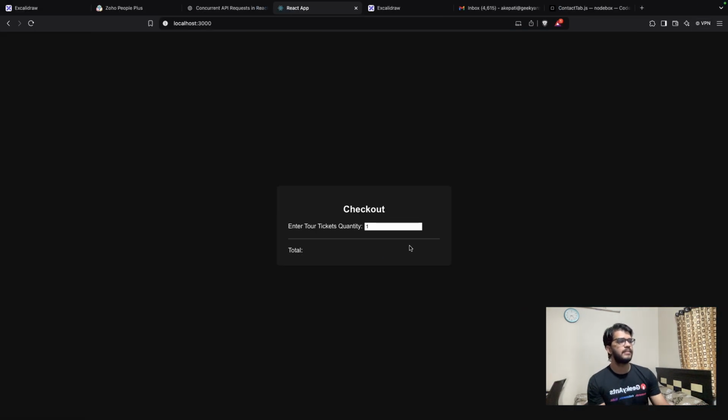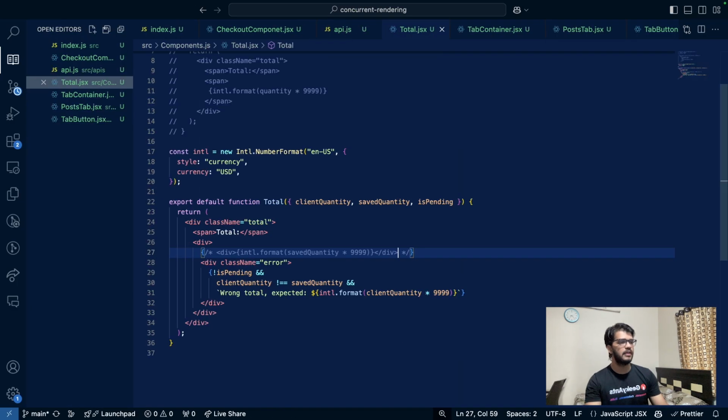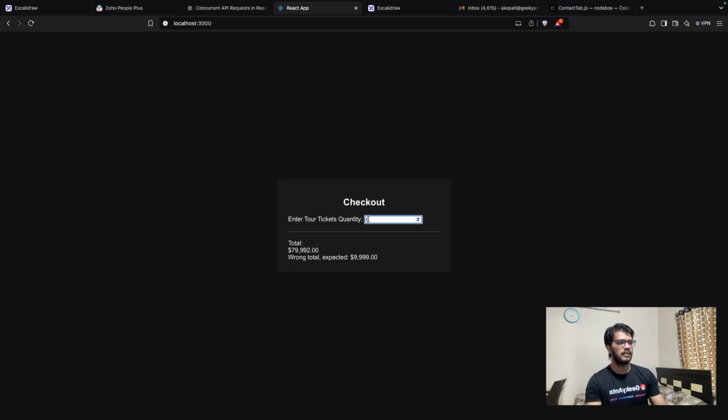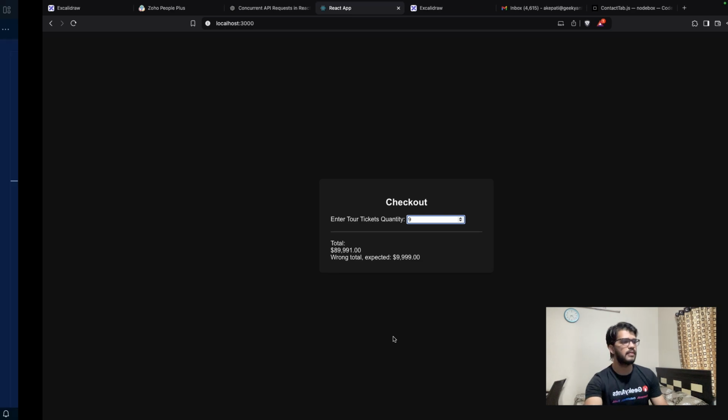Yeah. See now. We have to print the original total also, right? Yeah, this is the server total and this is the wrong total actually. See, I'll just refresh again and print it for you. Great. See, this is the total calculated by the backend and this is the expected one. I'll just show you again. See,